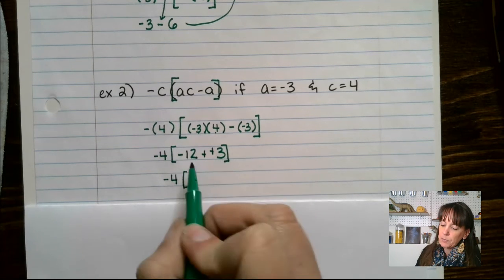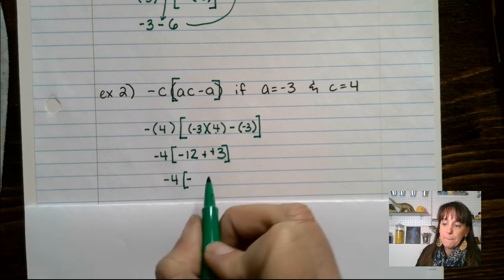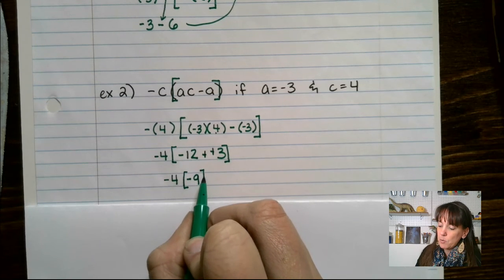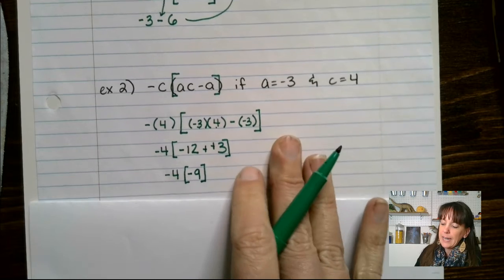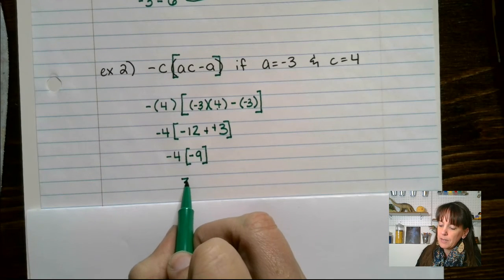-12 and +3, our negative team is larger by 9. There are 9 more negatives than there are positives. Negative times a negative is going to be a positive, and we end up with